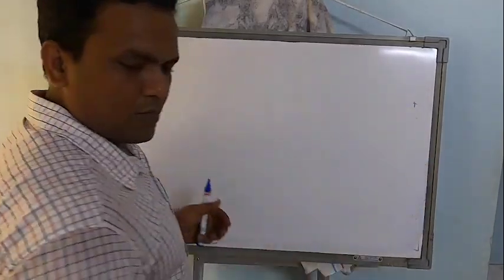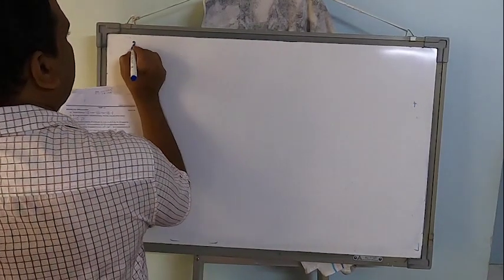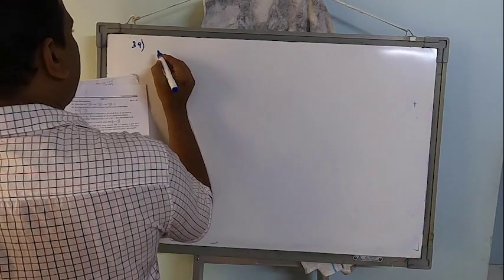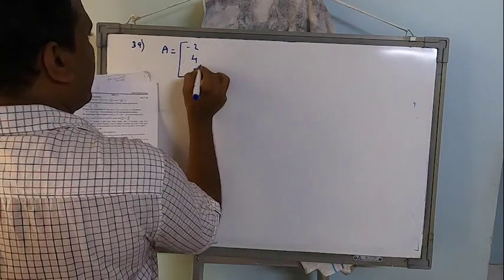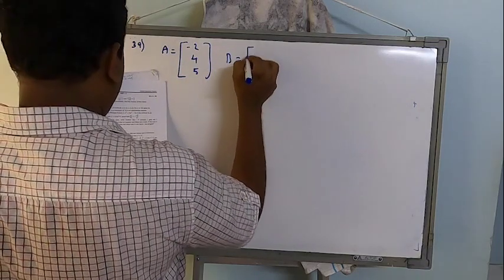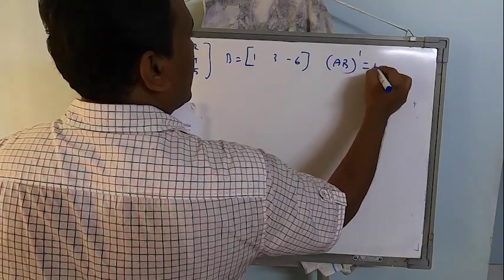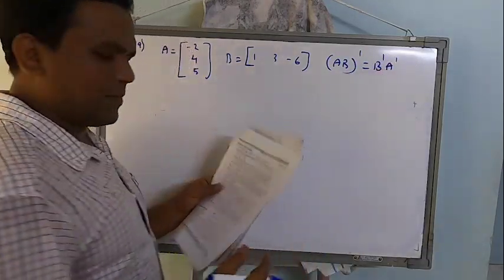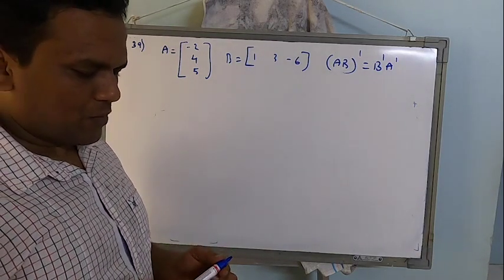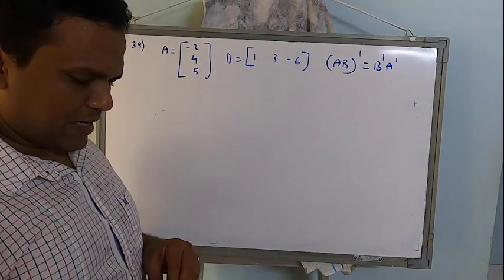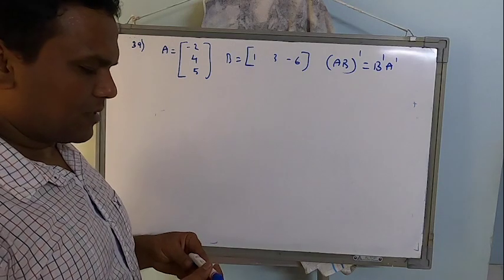So that's about the 3-mark problem. And what's the 5-mark problem in this? Actually, I told you in this particular year the order was changed. Problem number 39. Matrix A is equal to minus 2, 4, 5. Matrix B equal to 1, 3, minus 6. Verify that AB the whole transpose equals B transpose multiplied by A transpose. Even though it looks so simple, with just 1 row and 1 column, most of the students fail to recognize the procedure. I won't say for everyone, but some students didn't recognize.